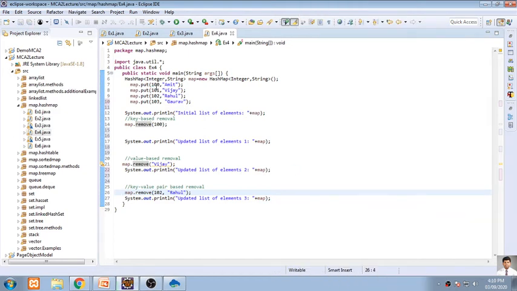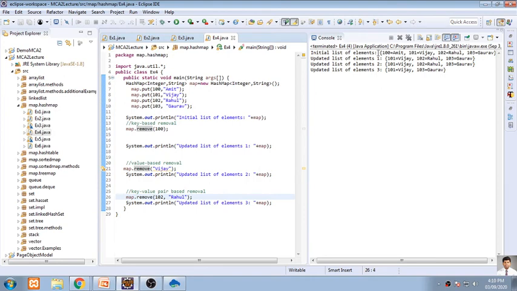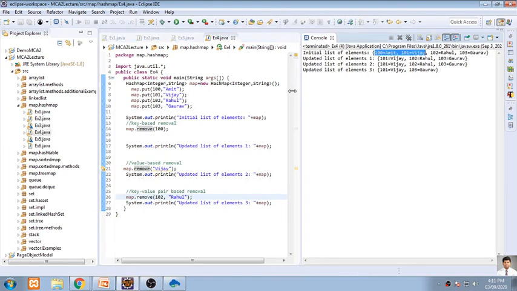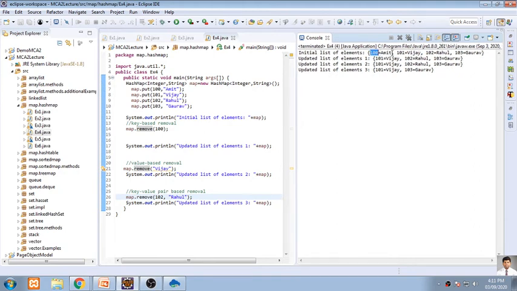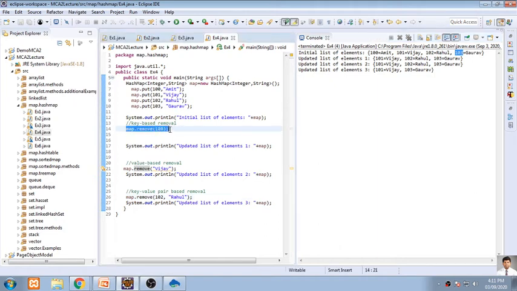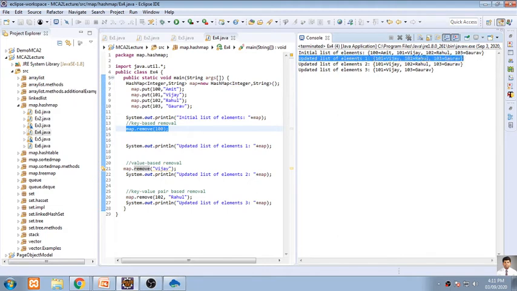First, there are four elements: 100, 101, 102, and 103. Now after this, I am removing 100, so automatically this 100 will be removed. First time it will be showing only three elements, so 100 is removed.